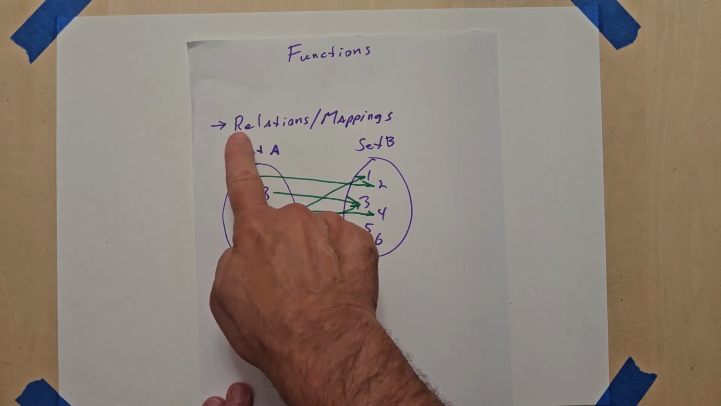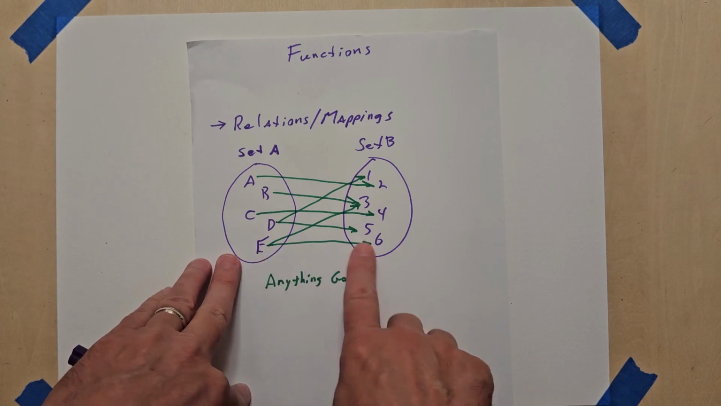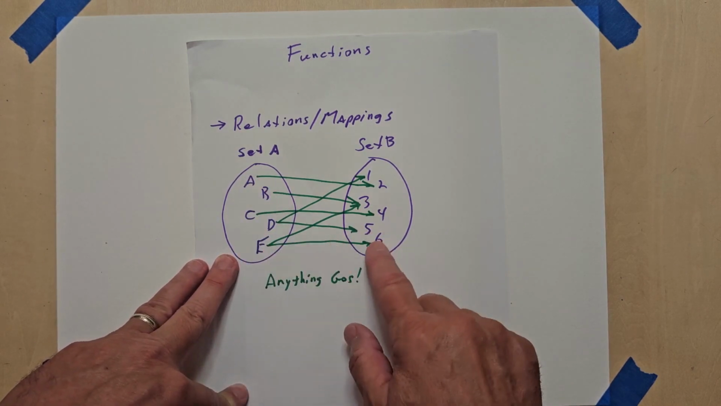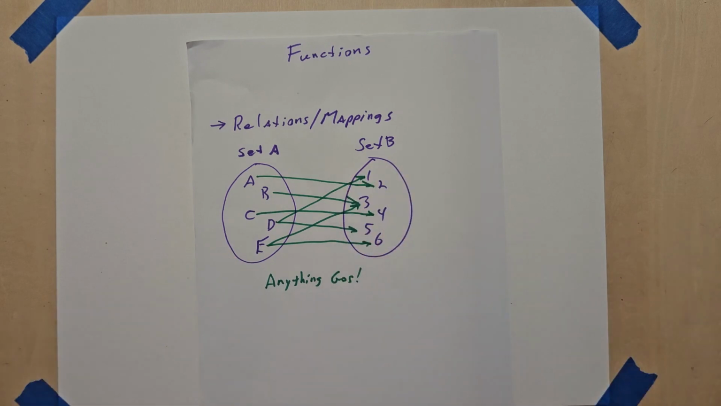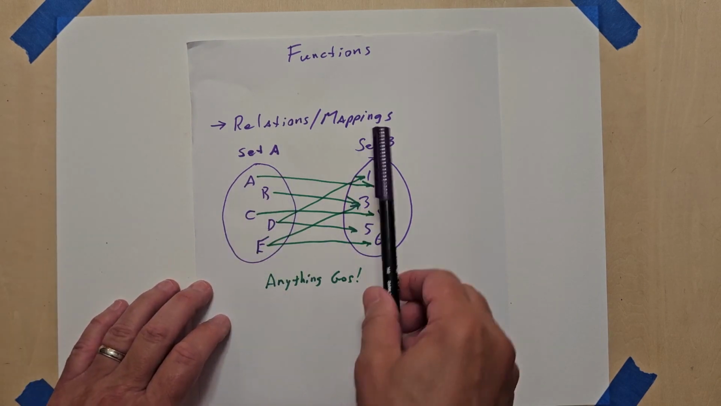Okay? With relations, if we're just going to call it a relation, then there's absolutely no rules whatsoever. I can map anything over here to as many things over here as I possibly want to. I can even choose not to map something at all, just leave it unmapped. So with a relation, anything goes. Okay? These diagrams are called mappings. All right. With functions, though,